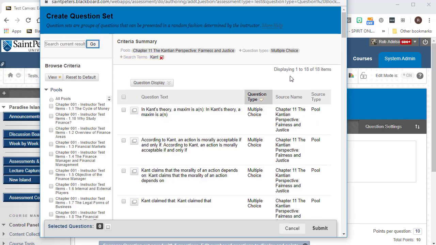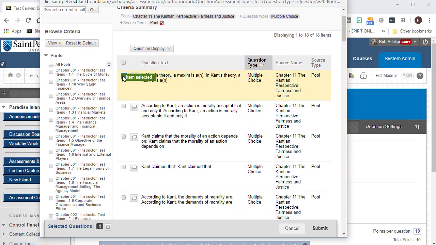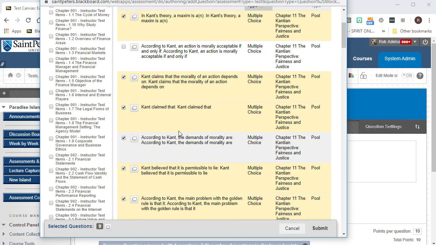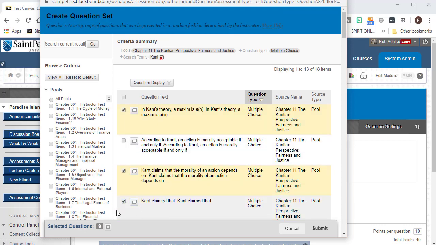Now it filtered it down to 18. So these are all questions on Kant. So I'm going to select 1, 2, 3, 4, 5, 6, 7, 8, 9. So out of these 9 questions that I've handpicked, the students will get